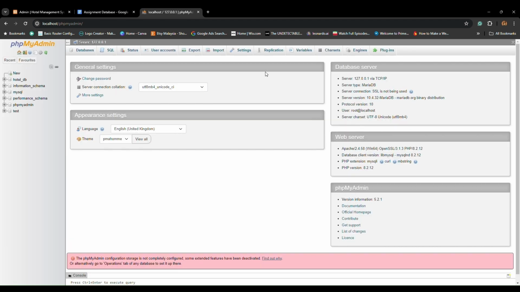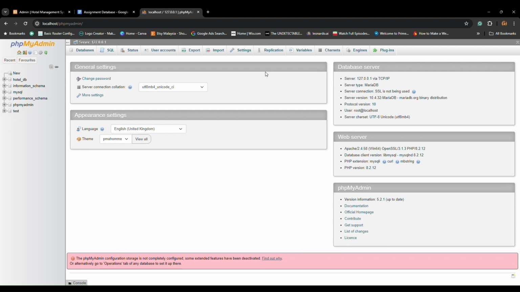As you can see here, we have successfully logged in using the very long password that was created